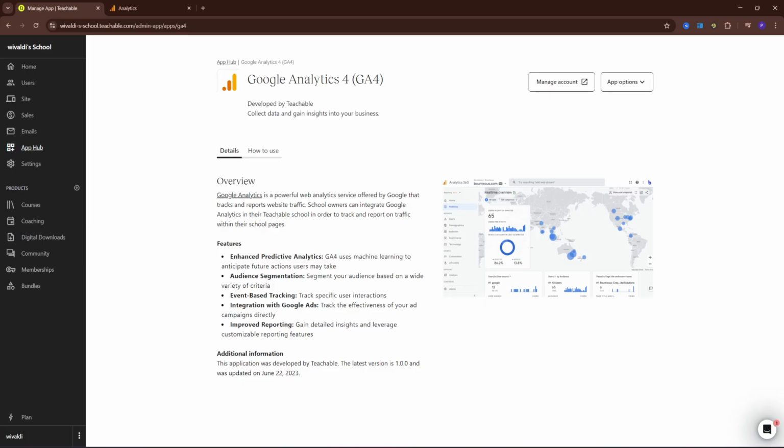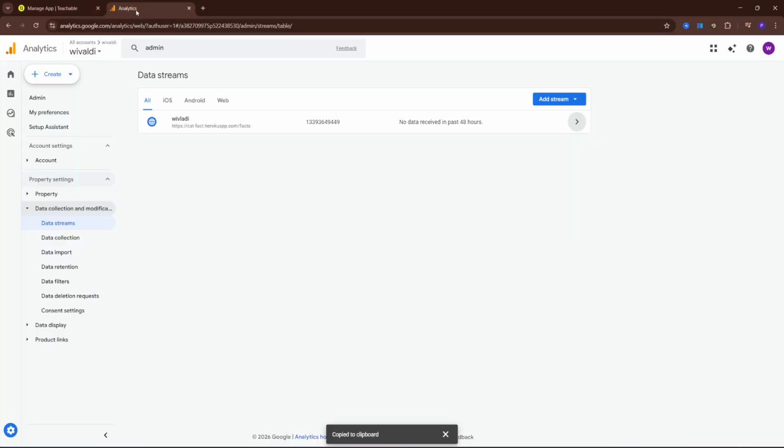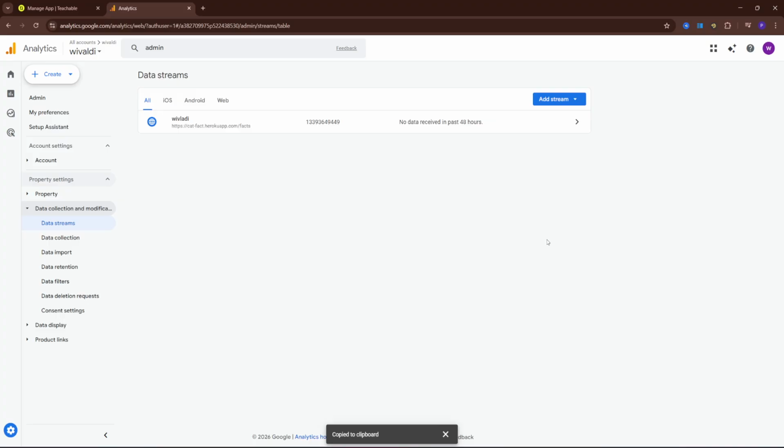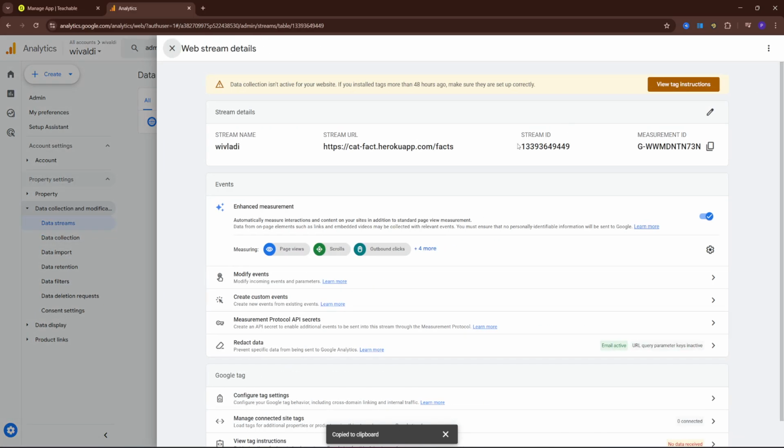Now, because Teachable uses a separate domain for checkout, it is recommended to set up cross-domain tracking to prevent traffic from being split. Now we need to go back to Google Analytics and go to Admin and Data streams like before, and select your web data stream and configure